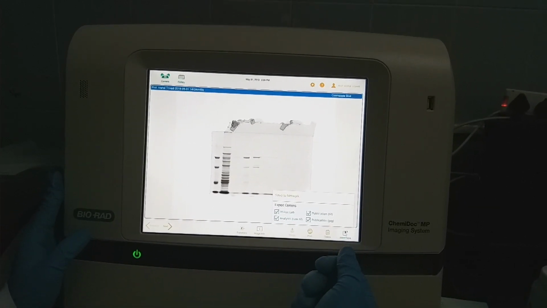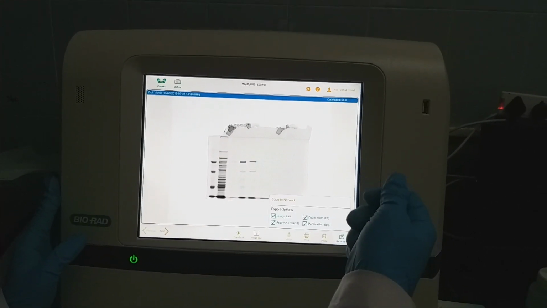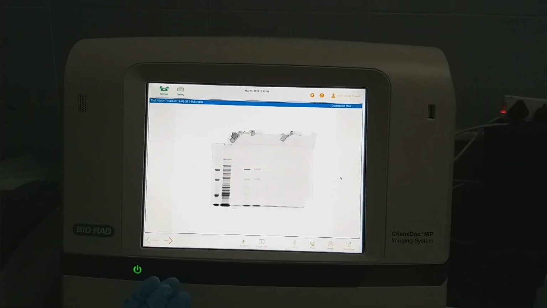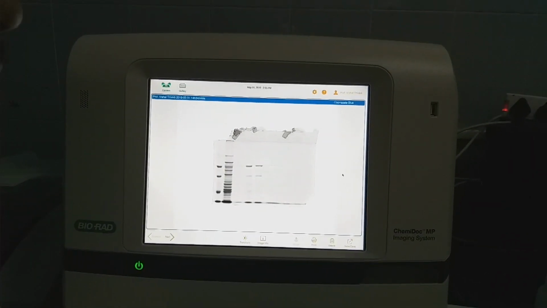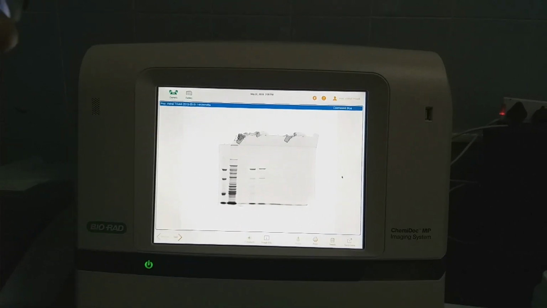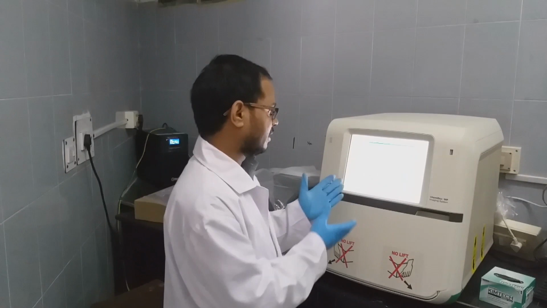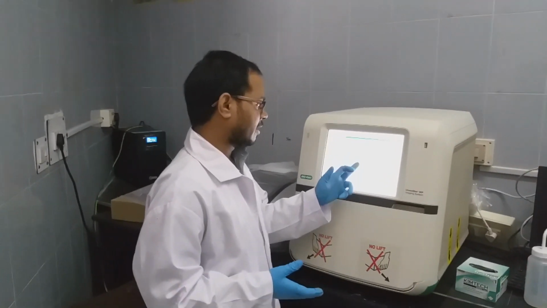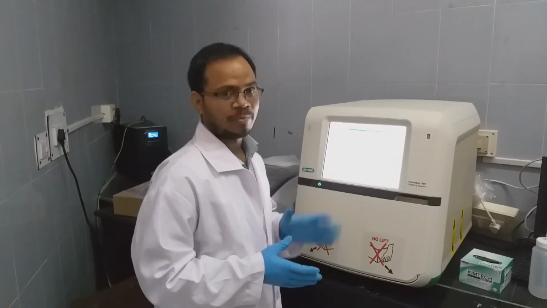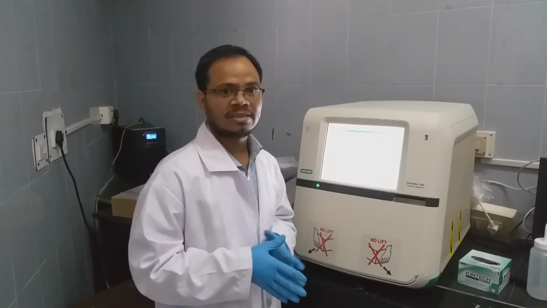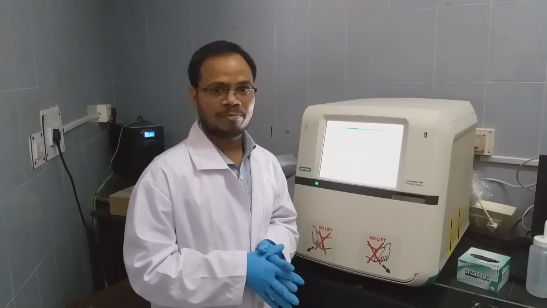If you have any drive connected, you can send directly to it. For the image analysis part, we'll show in the upcoming video how to analyze which molecular weight this band of interest corresponds to. We already loaded the molecular weight marker, so we can easily find out using ImageLab